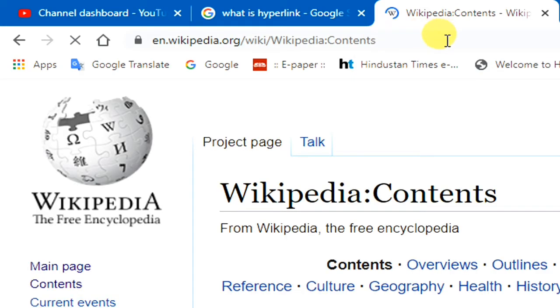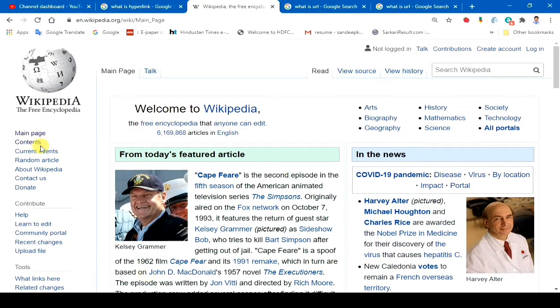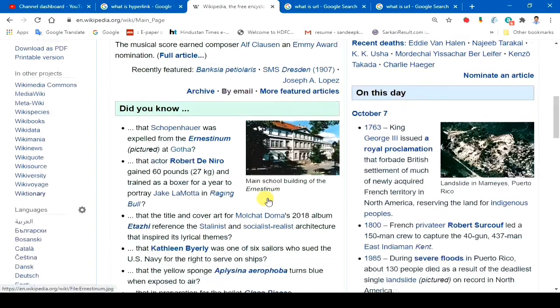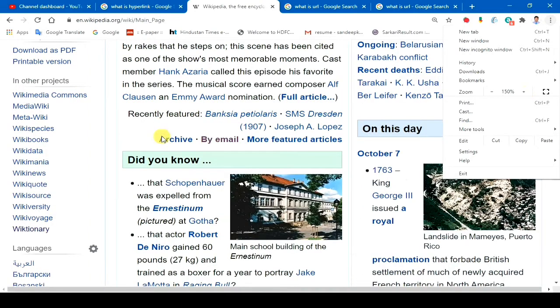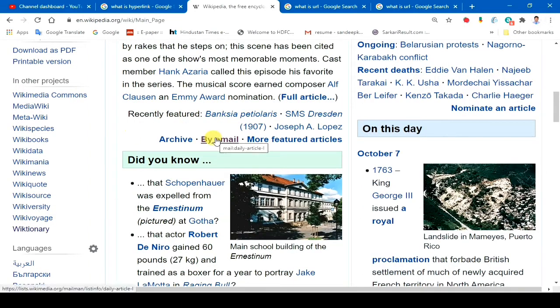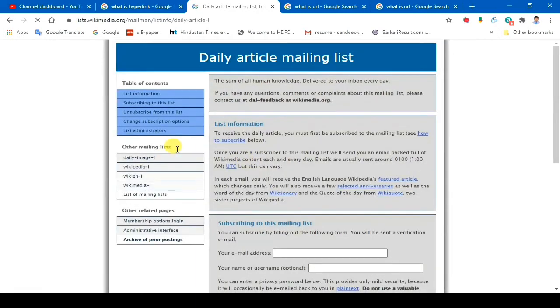Now student, I show you an external link. You can see that there is an external link here also. See here, when I click on this link, you can see that all this text is highlighted and underlined.